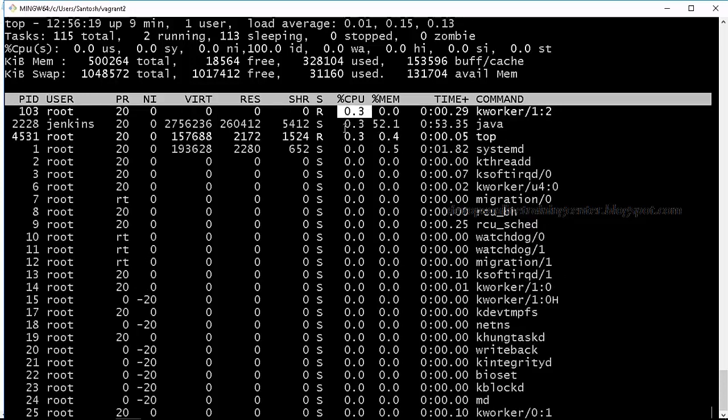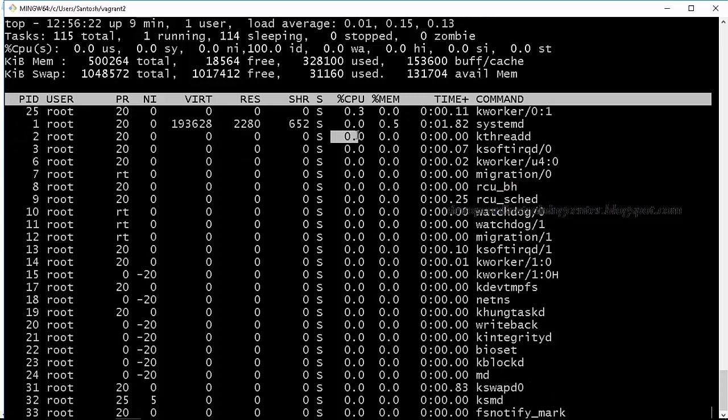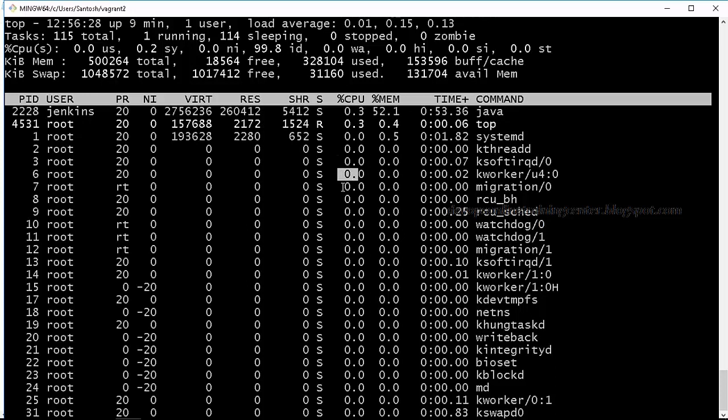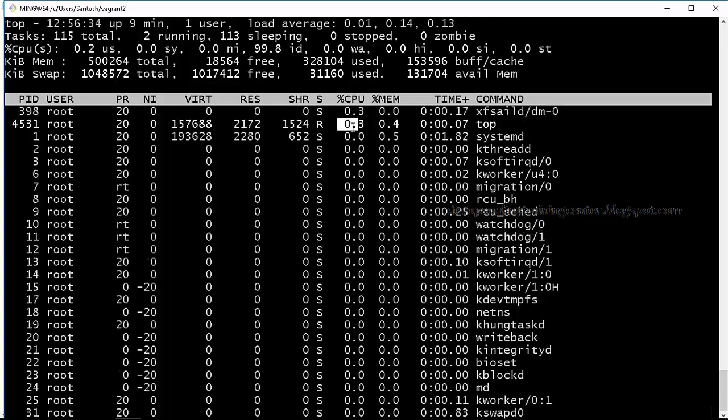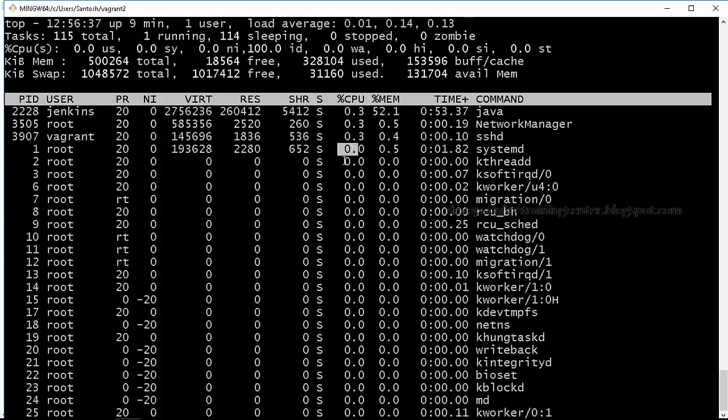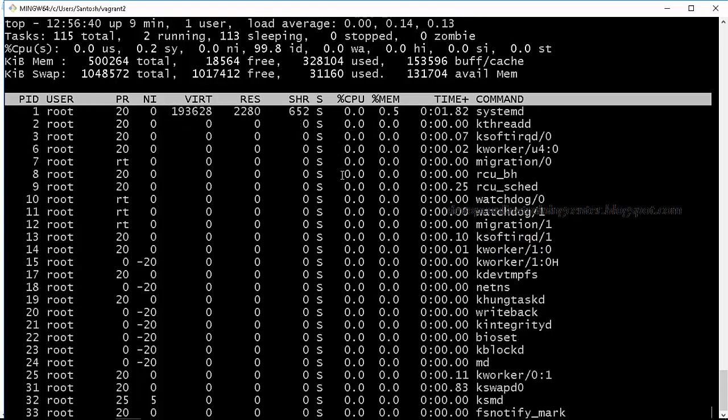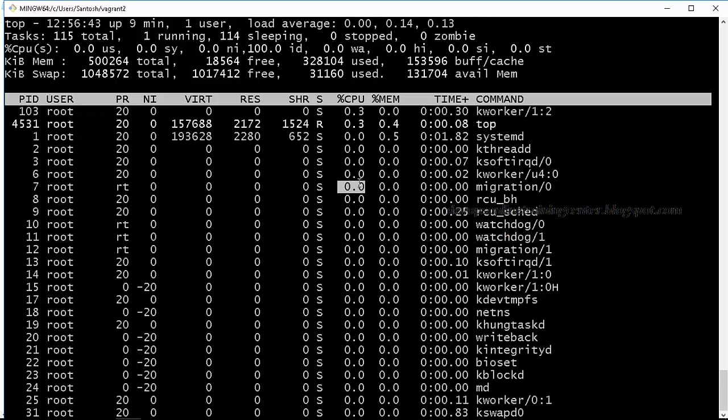So why do we need to take care of this? Because we have to check if any process is consuming more than 80% or 90% of the CPU. If any process is consuming more CPU, the machine will become slow, and there might be some software issue in that process, in that application, which is causing this. Maybe some infinite loop, or maybe some memory leak that we need to find out. We need to open a ticket or bug for the developer to check.